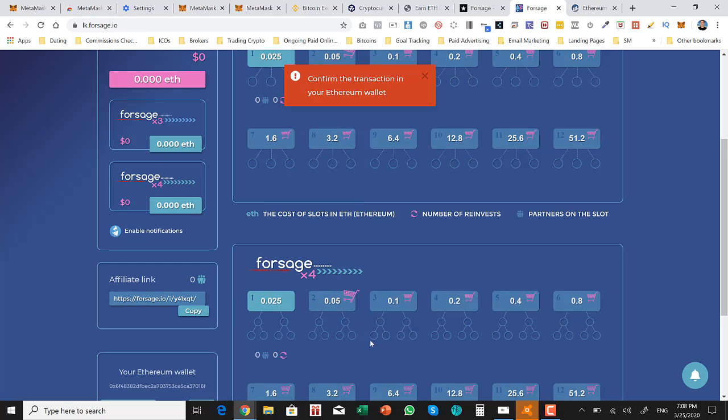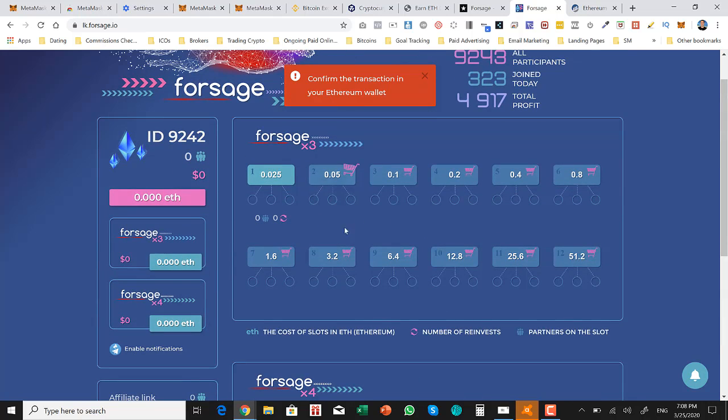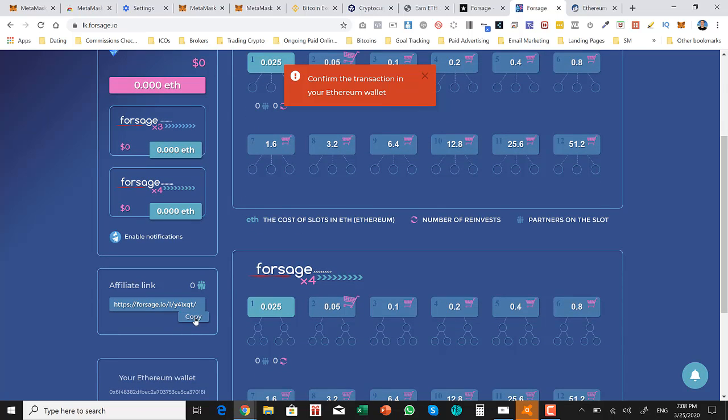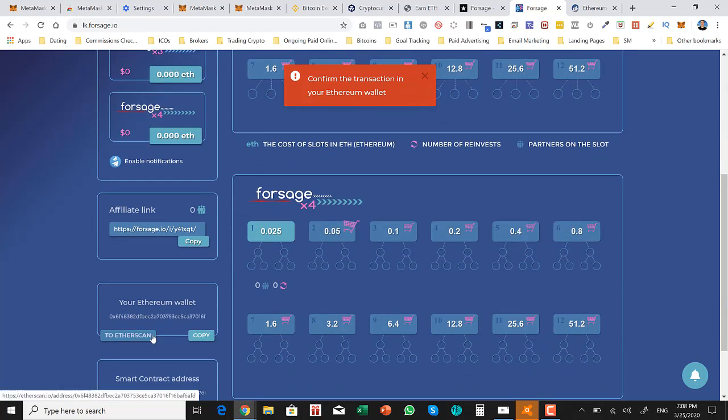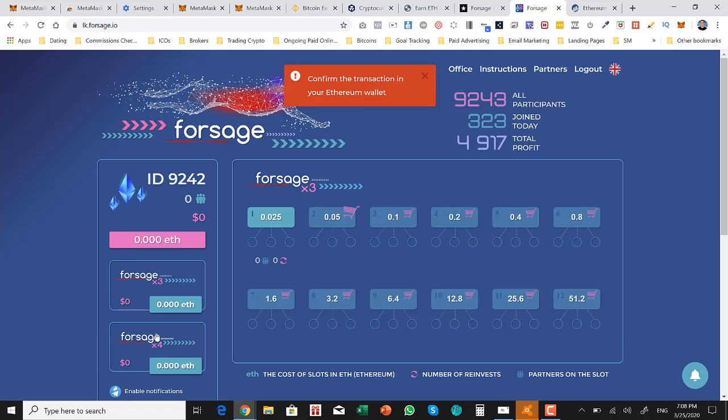This matrix is more for team building, and you're going to earn a lot from people that you refer to Forsage. What else can you see here? This is your affiliate link. This is your Ethereum wallet that you can check in your Etherscan, and this is the smart contract address. Very, very simple. Right now there are about 300 to 400 people joining every single day,